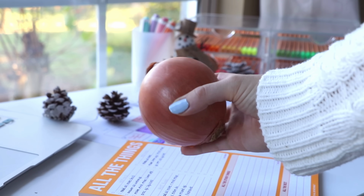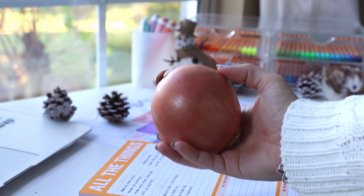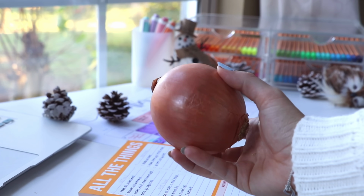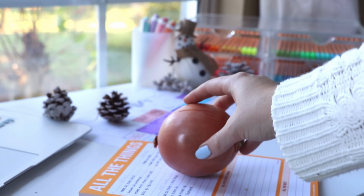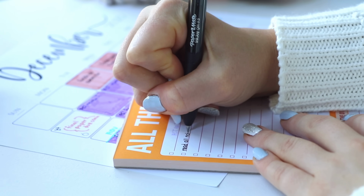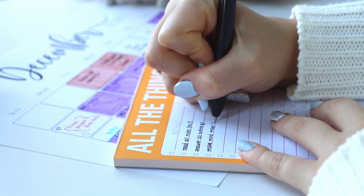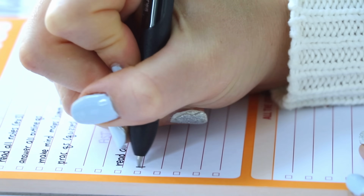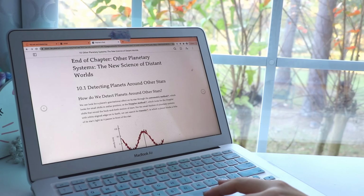So once my game plan is over, I like to make a to-do list for each class going in layers. So you could basically say that my exam study routine is like an onion. So if there were some chapters that I didn't take notes on during the semester or that I really struggled with, I first go over those and I either go to the chapter summary that's at the end of the textbook chapter,